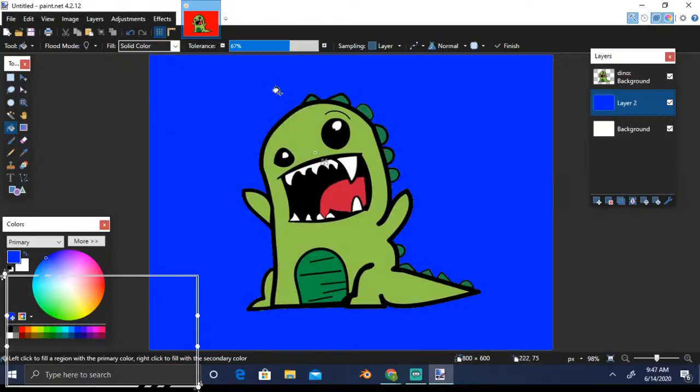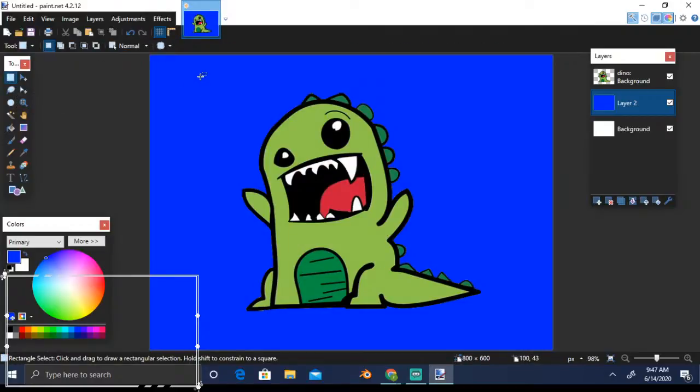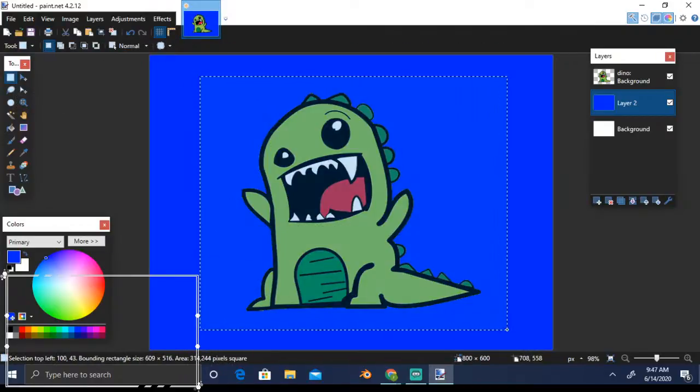So that was about color, and we imported an image on a new layer. We changed the background. Let's see what else we can do. This is the selection tool. If you want to select this, you can select this one. Since I am on layer 2 and I have made this selection, let's see what happens.